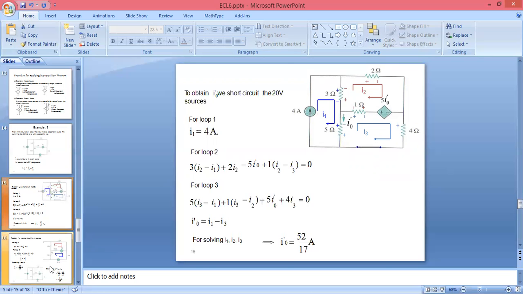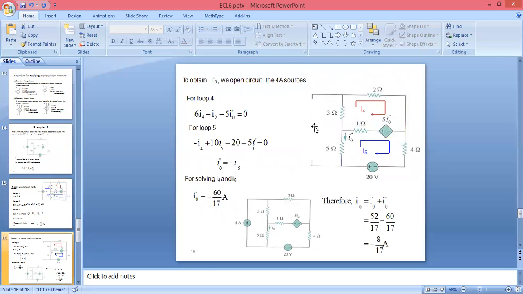So what we are doing here, we will open this 4 ampere. Then for this loop and this loop we can write the equation. ये तो open है तो यहाँ पे तो zero current flow होगा. If you are writing equation for this loop, for loop 4, you can see here, if you write 3 and 2, you will get these equations here 6